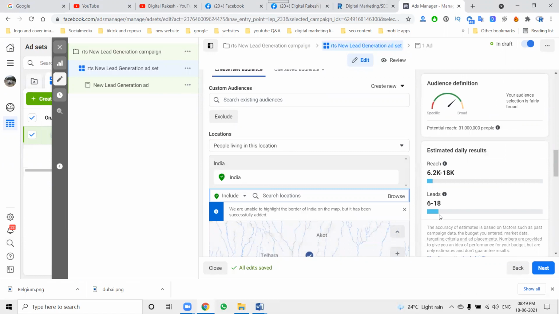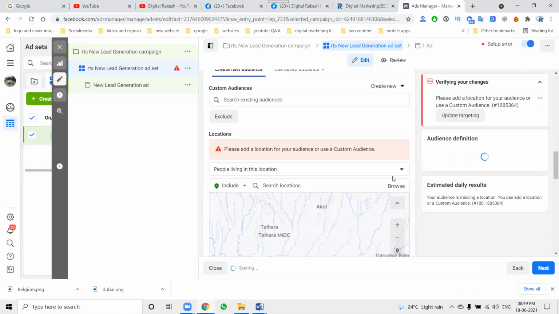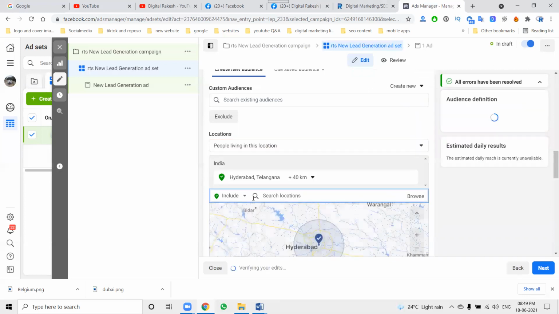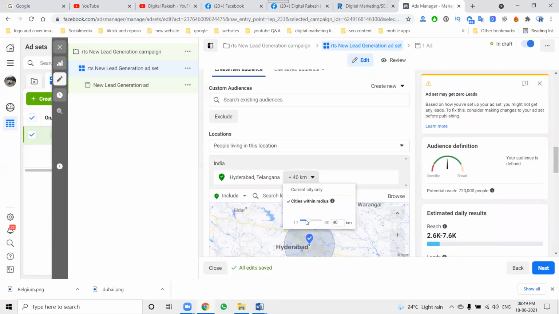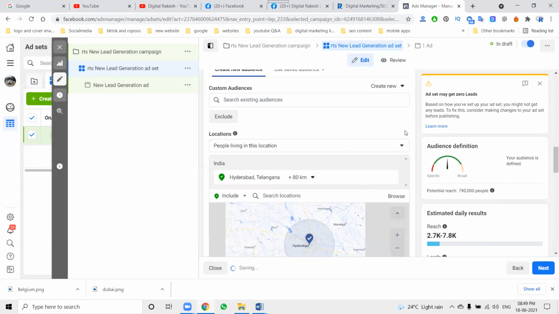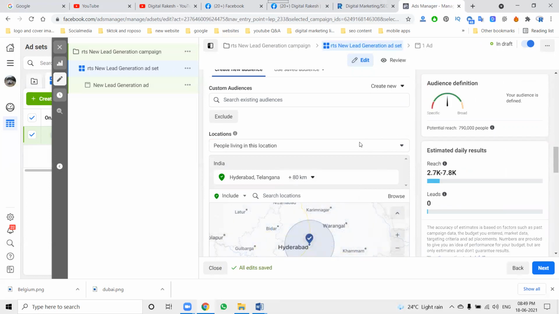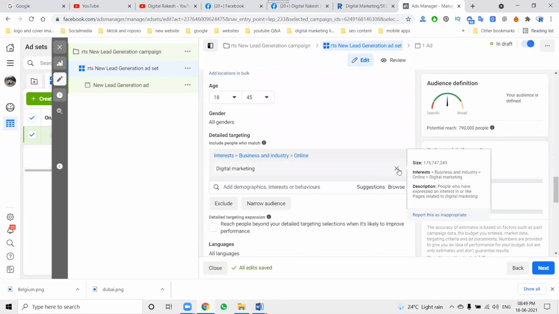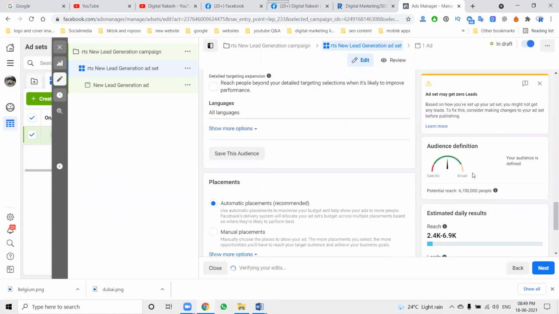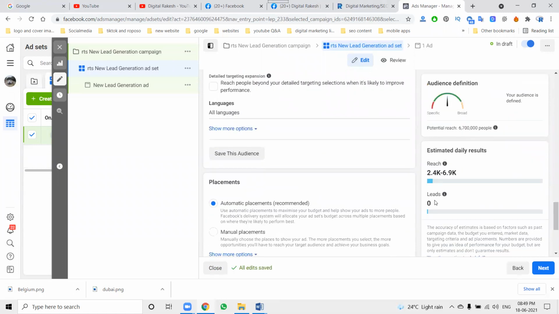6 to 18 leads. If I'm selecting Hyderabad, nothing to lead will be worked out. Zero leads.